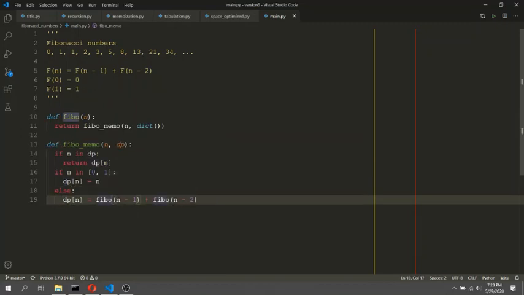Also, we need to convert this fibo to the fibomemo version. Same goes with here, and we need to pass the same dp data structure. So you can consider that the same copy of dp will be passed to each call of the fibomemo, so that each call to this fibomemo function will have the same copy, so that it can store the results and can retrieve the results. And once the results have been stored in the dp data structure, we need to return it.